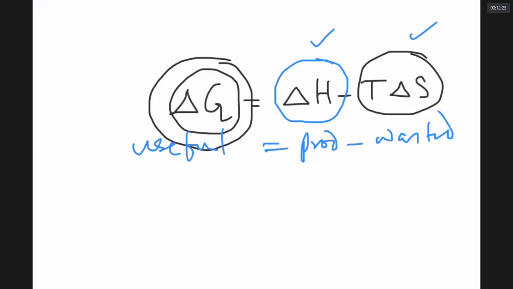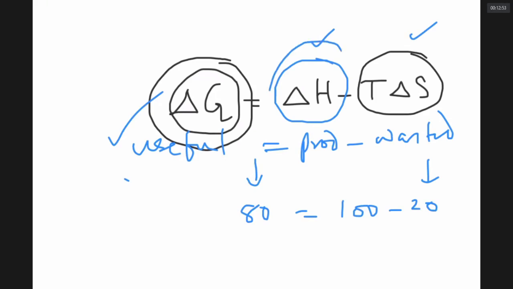Let us suppose your chemistry teacher is teaching like hell. He gave 100 points and you wasted 20 points. So how many points have you learned? 20 points. The more the wastage, the less the learning. Yes or no? Yes, sir. Less is useful, sir. Now the same thing. Delta G means useful energy actually obtained due to any process.